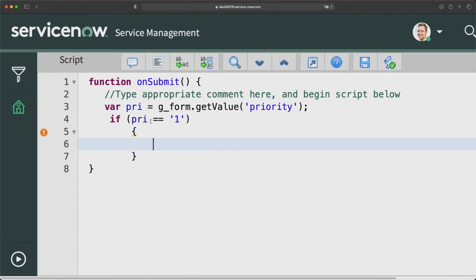Now in this condition, pri equal to 1, I have to show that confirmation box. But on that confirmation box, you also need some input from the user, whether the user clicks on OK or cancel. Basically the input we get on a confirmation box is a Boolean value. If the user clicks on OK, that value becomes true. If the user clicks on cancel, that value becomes false. So I will capture those values in another variable, so I will write uInput